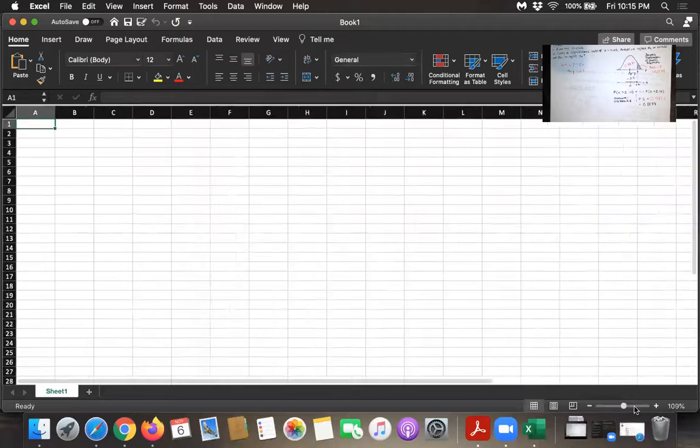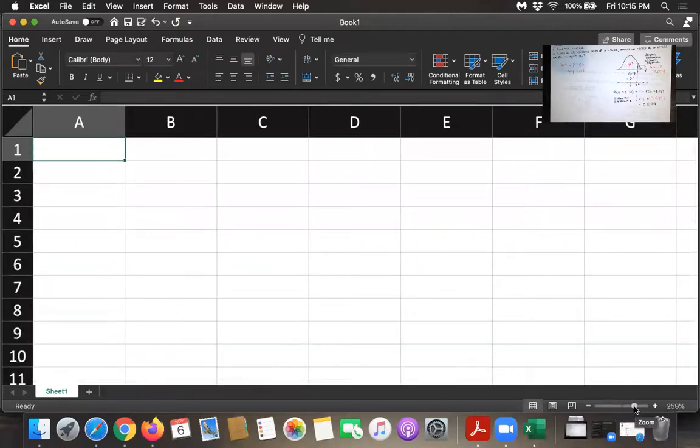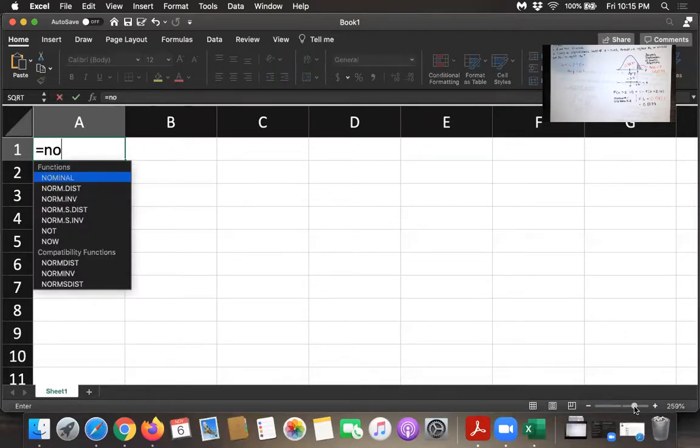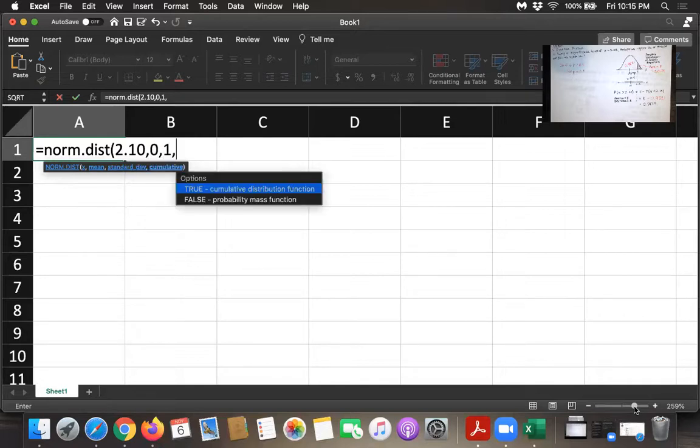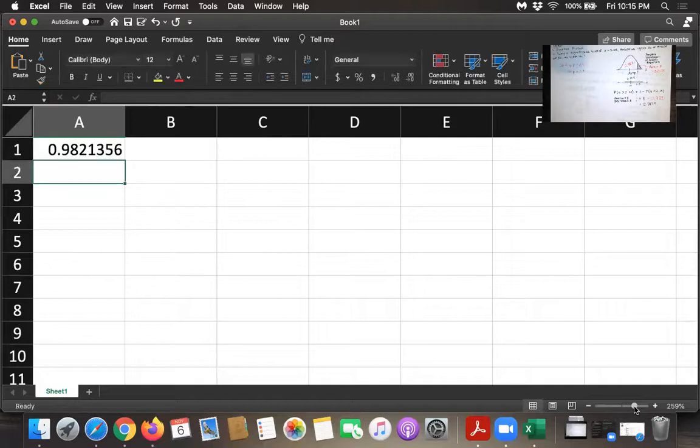All right, so I'm going to zoom way in. Now, if I want the area to the left, that is a standard normal distribution. I can type equals here, and then I'll type norm.dist, open parentheses, and it's asking for the x value, which in this case is a z value. That's 2.10. The mean of a standard normal distribution is 0, and the standard deviation of a standard normal distribution is 1. And then when it asks if we want the cumulative distribution function, that's the areas to the left, I'm saying yes, true. And so I get